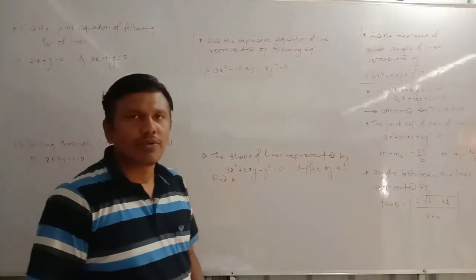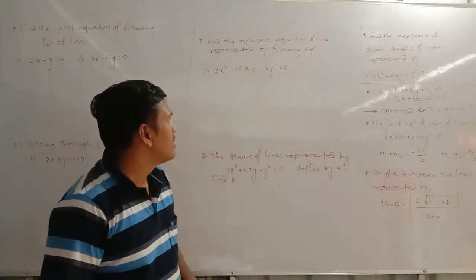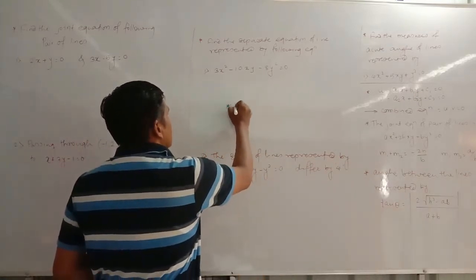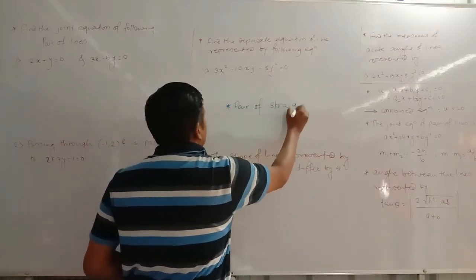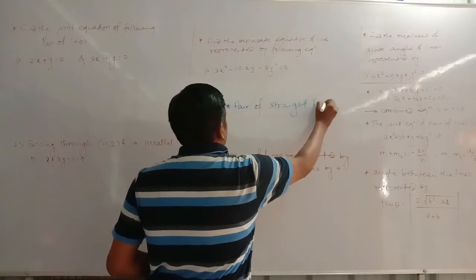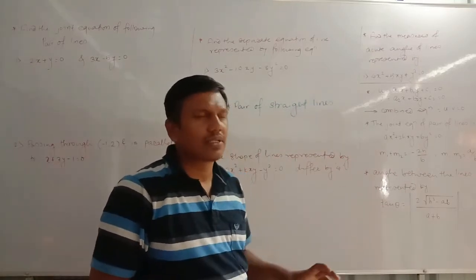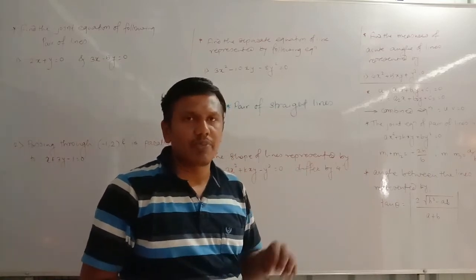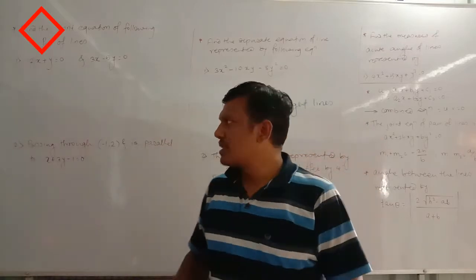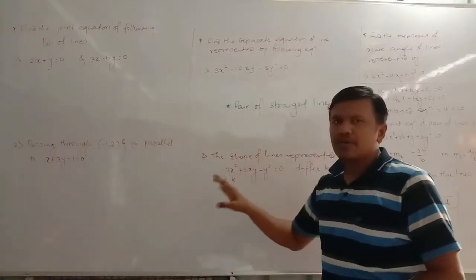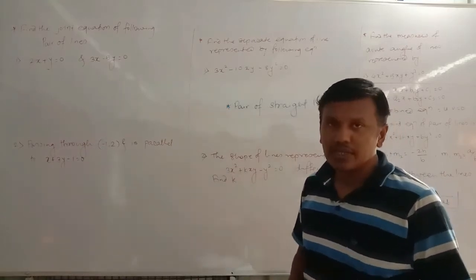Hi friends, today we are going for the next part of mathematics, that is pair of straight lines. Already I gave important formulas, equations and basic terminologies related to this pair of straight lines. Today I am giving a few examples of this pair of straight lines. Depending on that, I am giving some assignment or some questions to you. You have to solve it and send it to me.